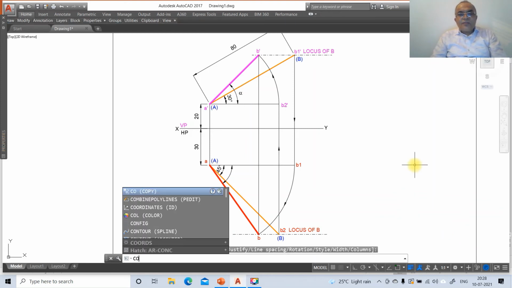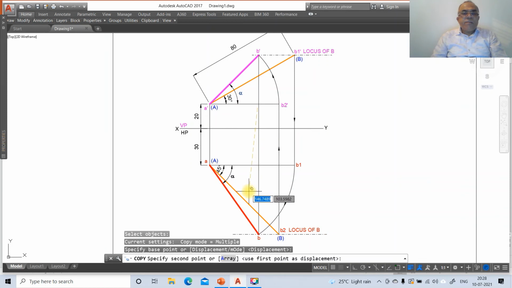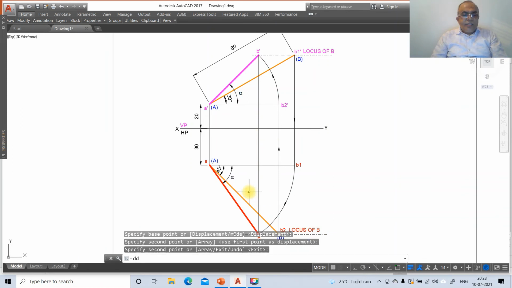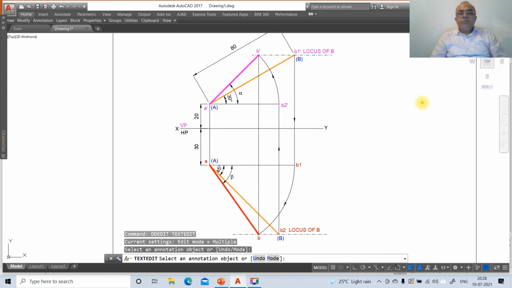Then copy this, select this and copy it here. Then go to DDEDIT, select this and make this beta, small b. So this is how you will be able to write the symbols.